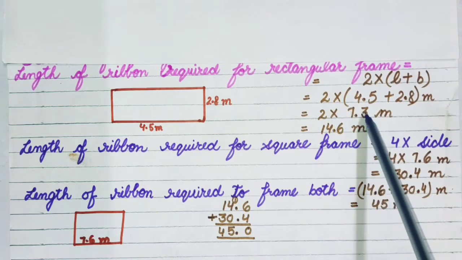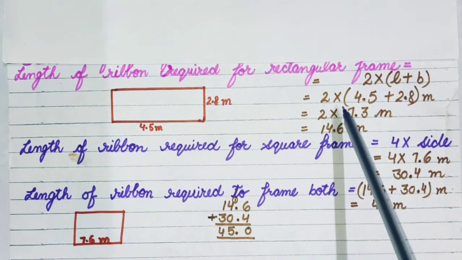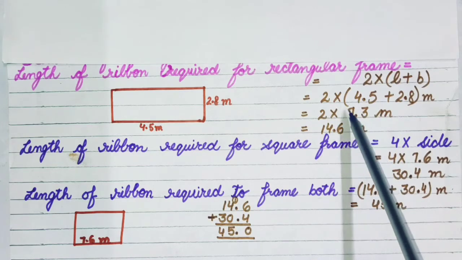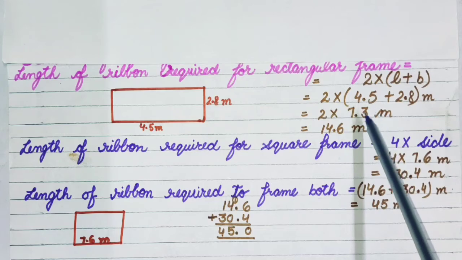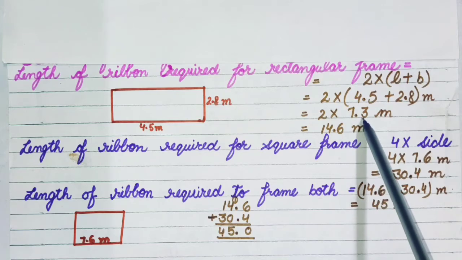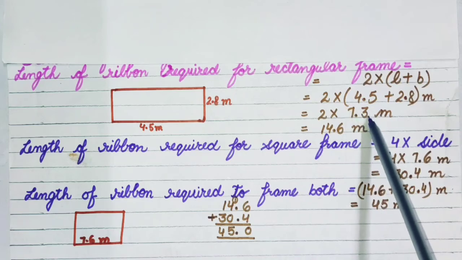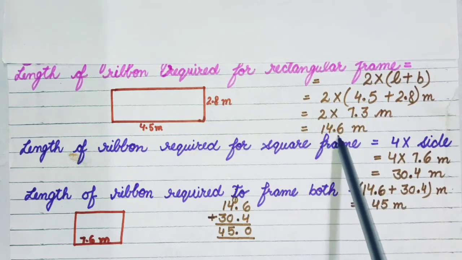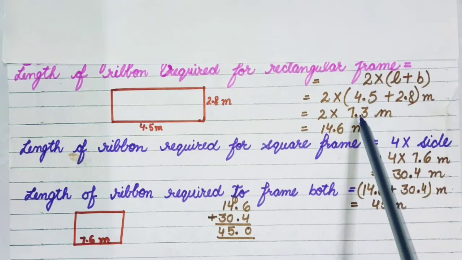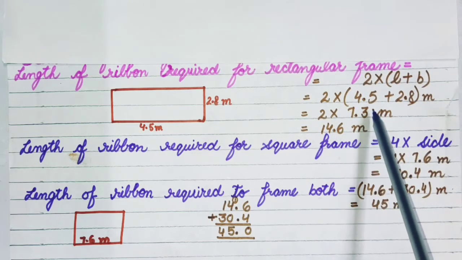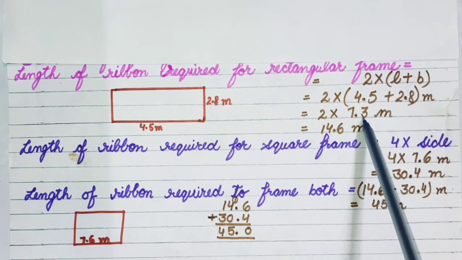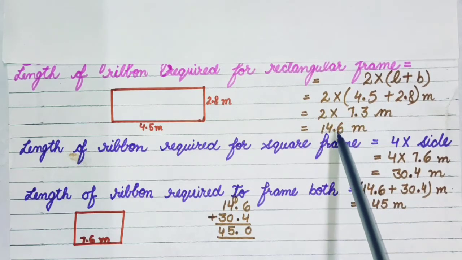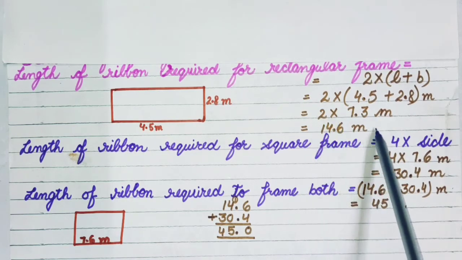Now multiply 7.3 meter with 2. While doing the calculation of decimals, what we have to remember, when we are going to multiply any decimal number, ignore the decimal, forget any decimal that is there. Multiply 73 by 2. We will get the answer 146. Now check in the question, after how many digits is the dot there? After one digit the dot is there. So in the answer also, after one digit we will put a dot. So the answer is 14.6 meter.